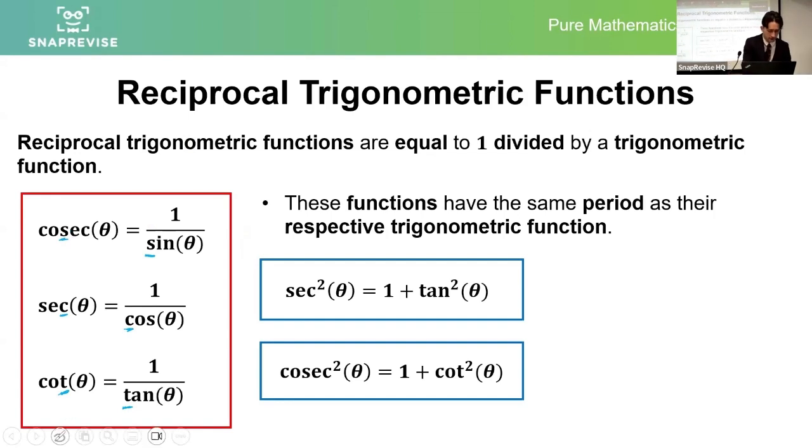Now, I would actually argue that these should be identities. These should be identically equal. They're effectively definitions. And likewise here, these are identities as well. And these two identities are actually off the back of 1 equals sine squared plus cos squared, because if you divide through, it tidies up to that. So if I show you what I mean, if we had 1 equals cos squared theta plus sine squared theta, feel free to fill this in, and we divided all of that by cos squared theta,